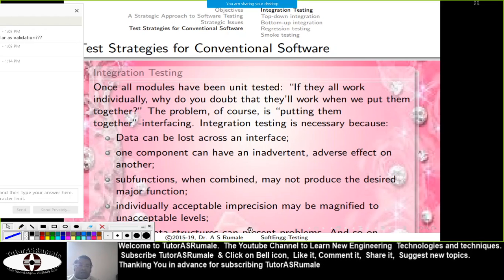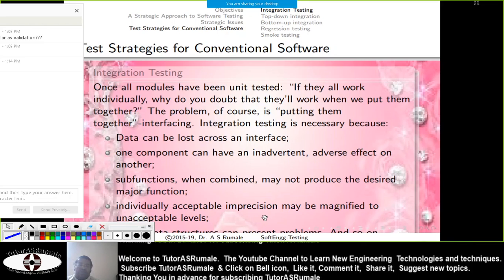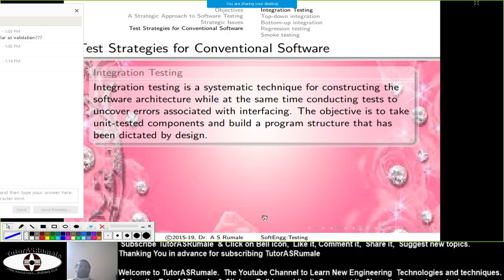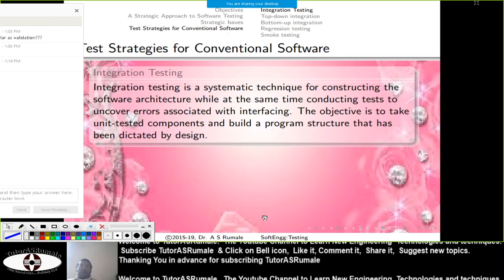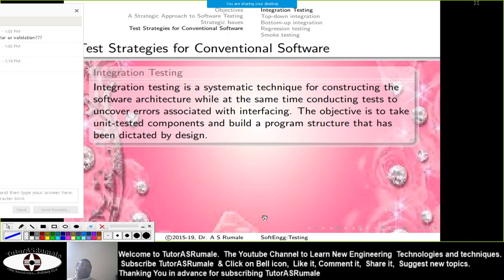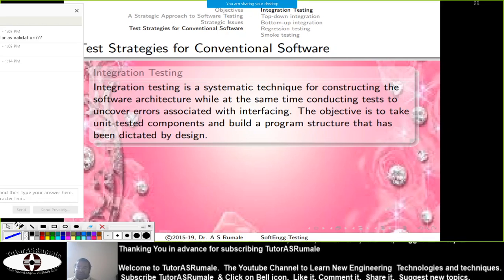And the final point, the data structures. If you are not using a sufficient or efficient data structure for the integration, it can cause problems. So integration testing is a systematic technique for constructing the software architecture while at the same time conducting tests to uncover errors associated with interfacing.